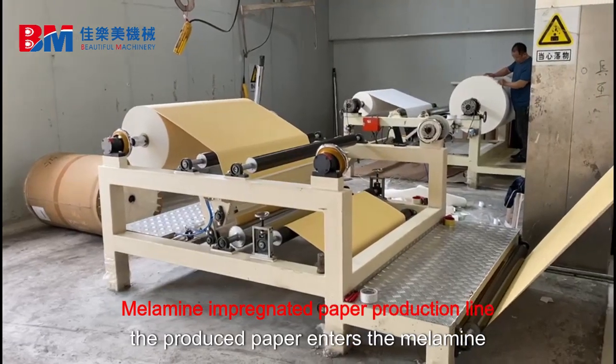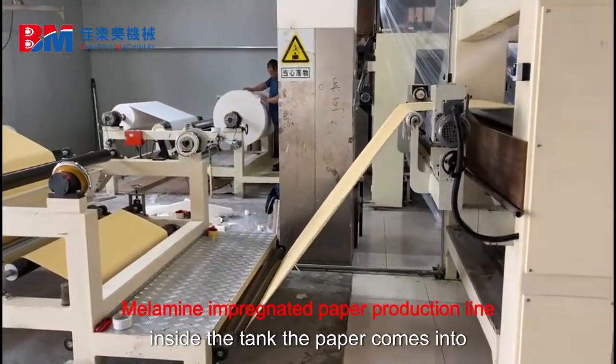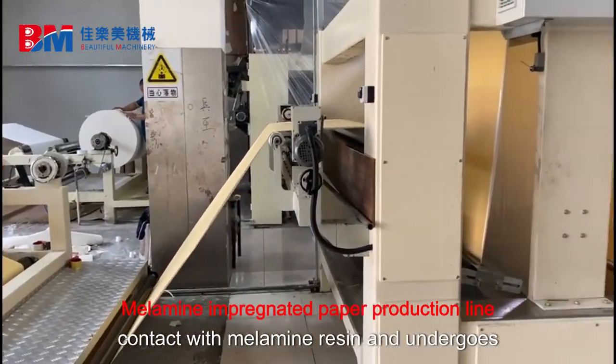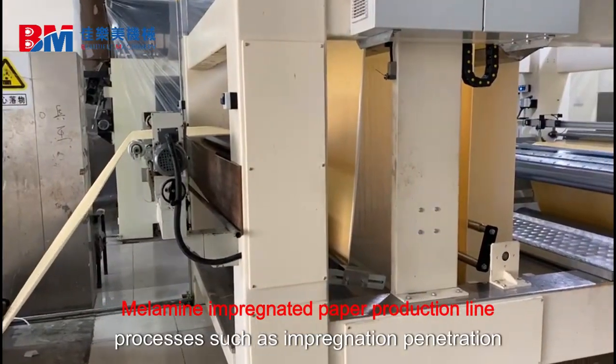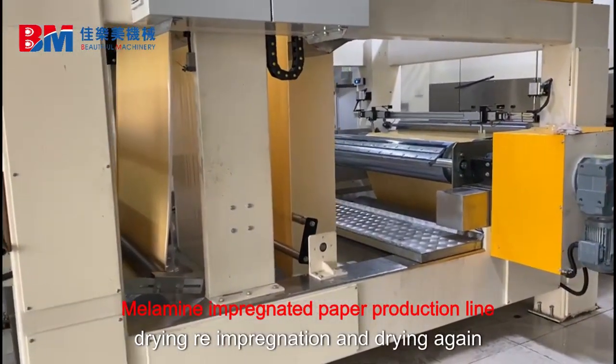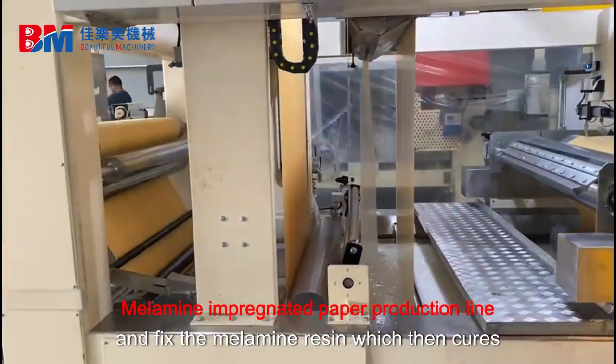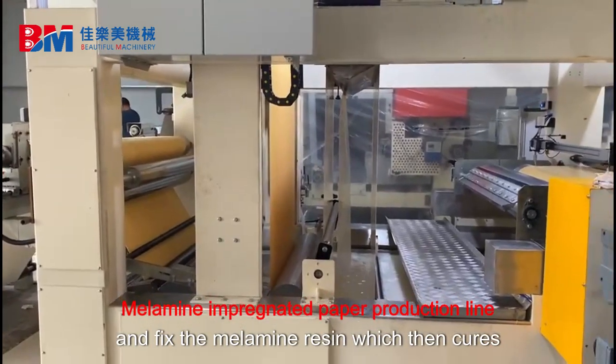The produced paper enters the melamine impregnation tank through a conveyor belt. Inside the tank, the paper comes into contact with melamine resin and undergoes processes such as impregnation, penetration, drying, re-impregnation, and drying again. These processes allow the paper to absorb and fix the melamine resin, which then cures and forms